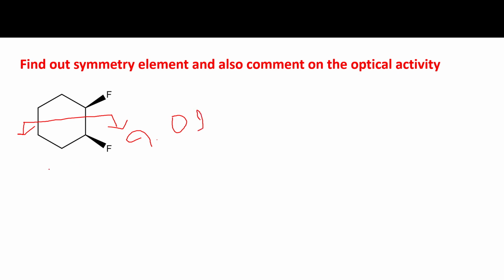But this molecule has optical activity, because this molecule is not in this form; it prefers the chair conformation or boat conformation. So if you draw this molecule like this way,